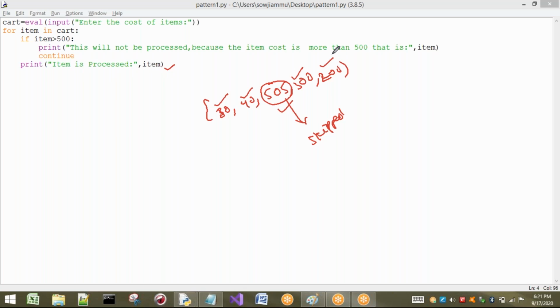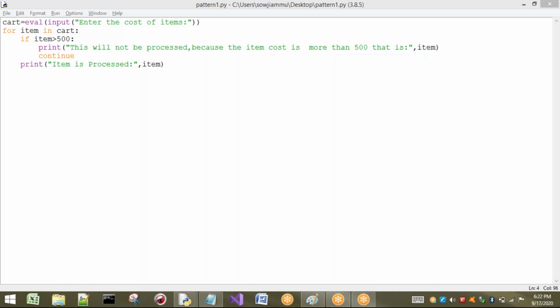The one point to understand about continue is that we use it to skip the current iteration. If you want to skip any iteration, we can use continue. If you want to break the loop, then I have to go for the break statement. I will take one more small example so that you get clarity on that.